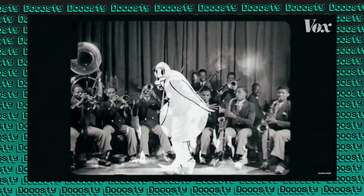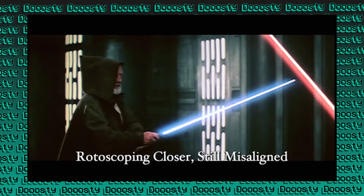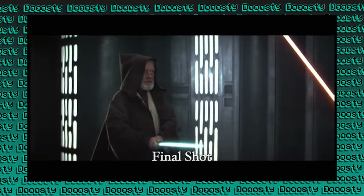exactly what rotoscoping is. Rotoscoping is the process of tracing over pre-existing footage, usually live action, to make lifelike animations. A more modern example of rotoscoping can be seen with how lightsabers work in Star Wars. In the first 6 movies, Lucasfilm used metal rods attached to the saber hilts whilst filming fight scenes, and in post-production would animate a colored blade, giving them their iconic look and making sure the effect was exactly where it